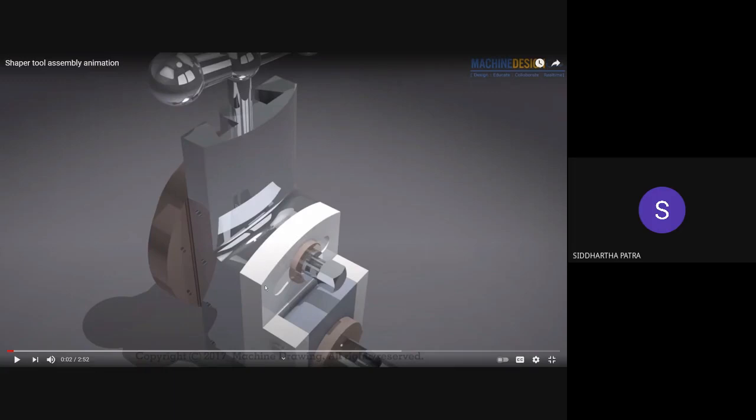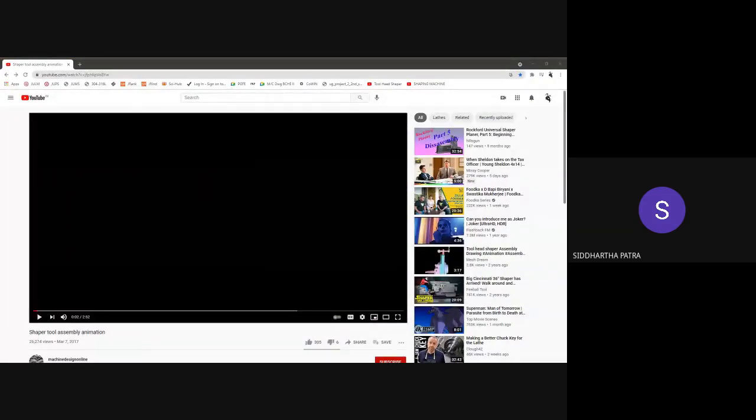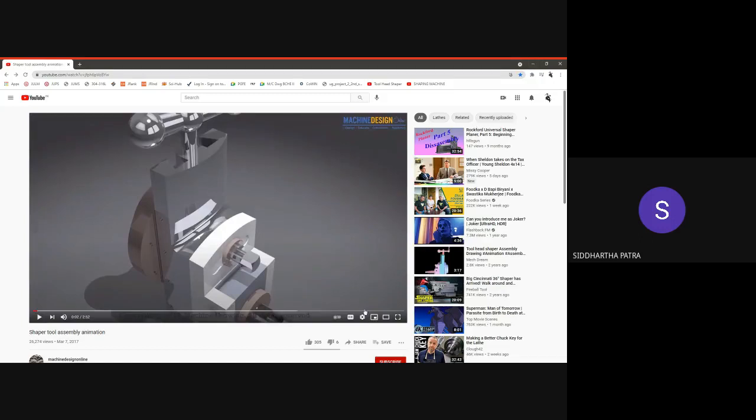Now the next component, this white colored component right there, is called the swivel plate.